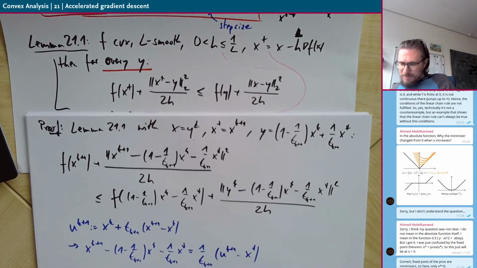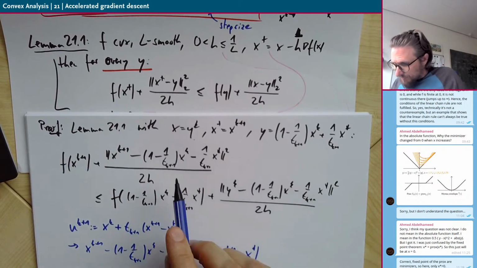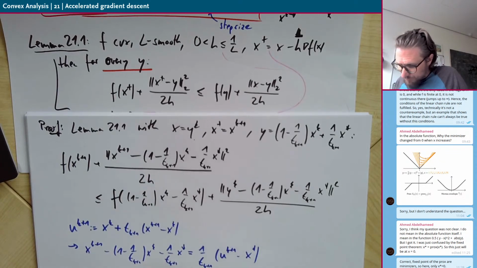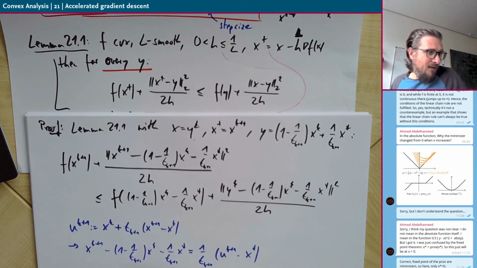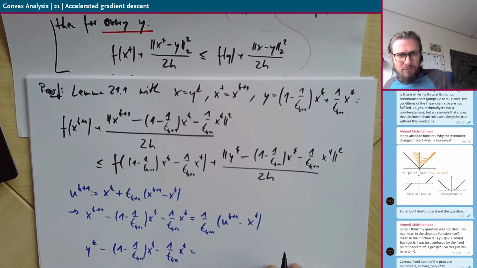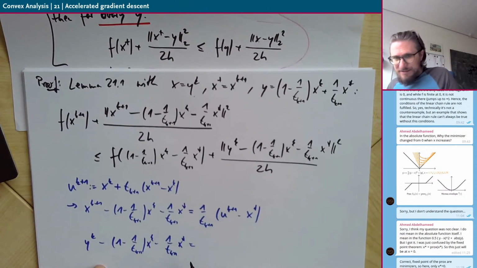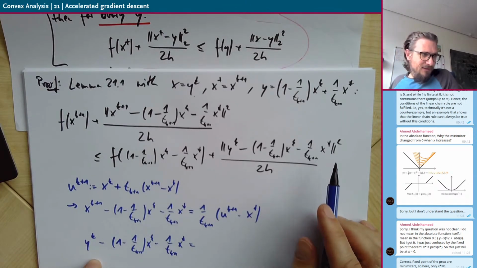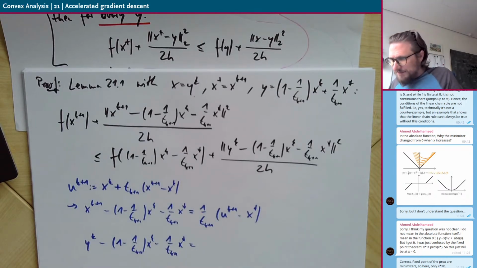So that's the first thing, and this here also gets simpler if you use this uk. So the same thing here with yk minus 1 over tk plus 1 xk minus 1 over tk plus 1 x star. So I wrote down the thing which is in the square on the right hand side, and then plugging in the yk,